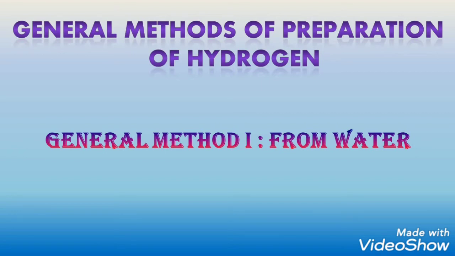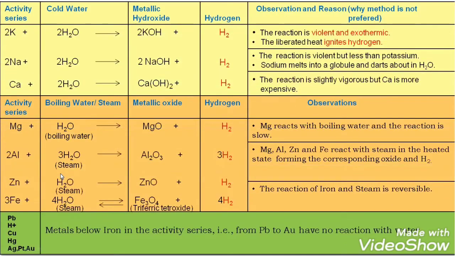Always learn how the reaction takes place and write down the equations on your own, and balancing is very simple for you. Do not learn the equations by heart. That's a wrong method of learning the reactions in chemistry. Now let us learn the reaction of metals with water. We have the reaction of metals with water depicted in the form of a table. This tabular form will help you to understand better.